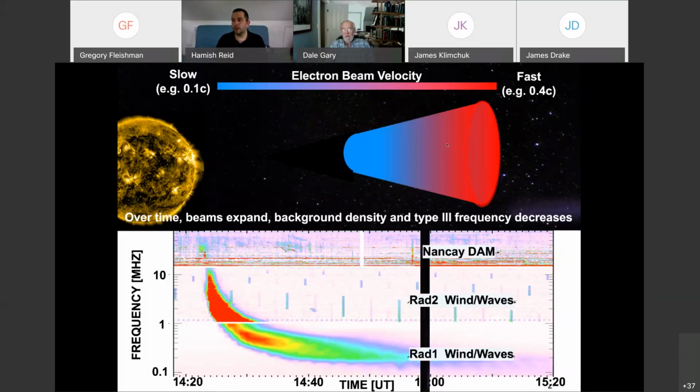Yeah, just let me try one more time. I'm talking about the length of the beam. Ah, the length of the beam. Yes. Is this just a straight velocity? You know, the electrons should slow down, as you mentioned, because the waves are reacting. Yeah, so this is what we expect. It's just velocity dispersion. It's just the fast electrons outpacing the slower electrons. And so that should destroy the beam if that's the case.